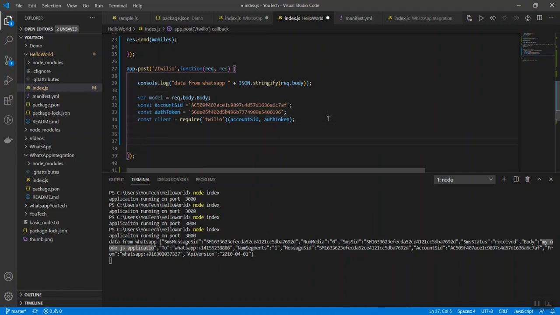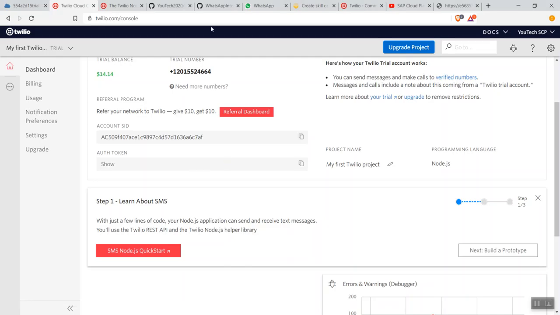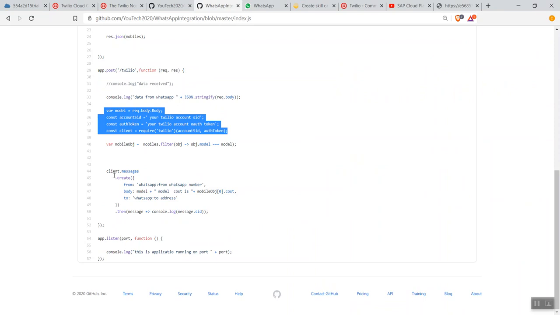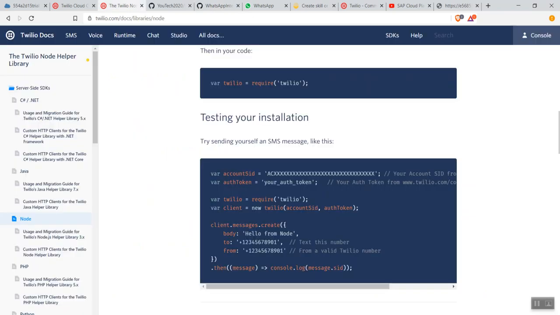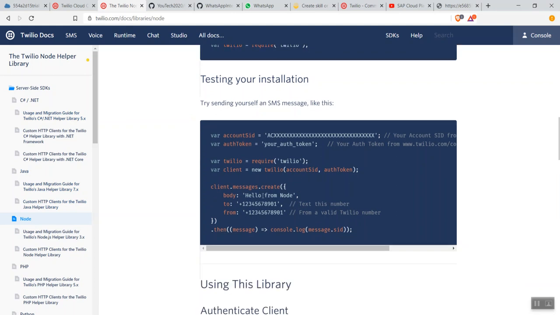Once authentication is done, we now have to send the message back to Twilio. For this we use client.messages.create. You may be wondering how to get this piece of code. On Twilio.com, in the docs section under Node.js, all these code snippets are available: how to use the account SID and token, how to use the Twilio module, and how to send a message to your WhatsApp.